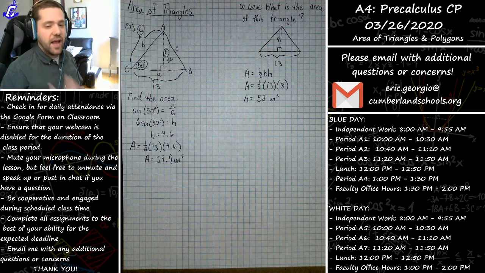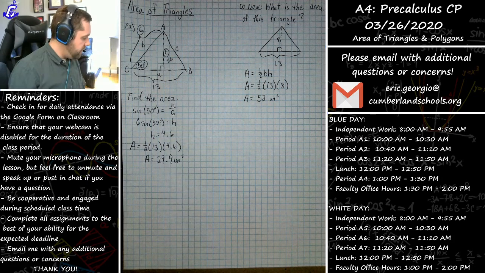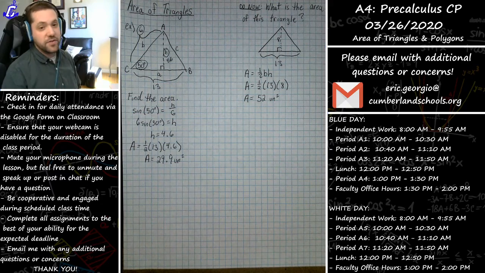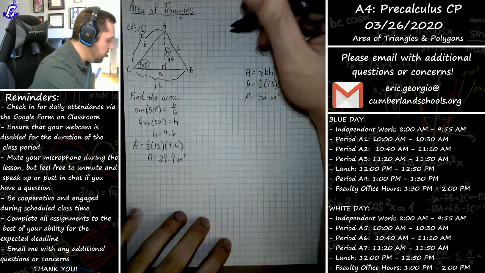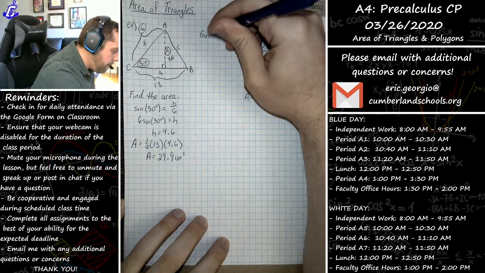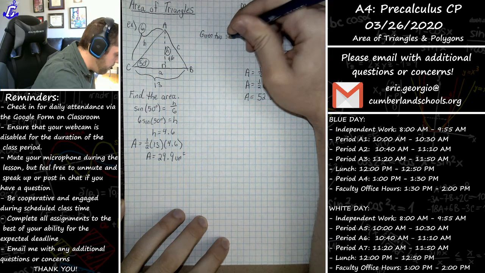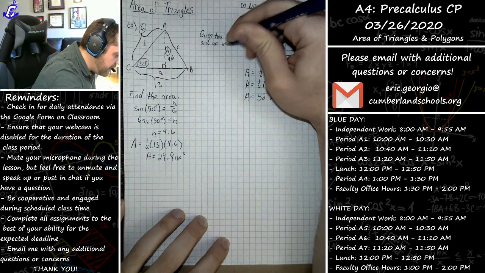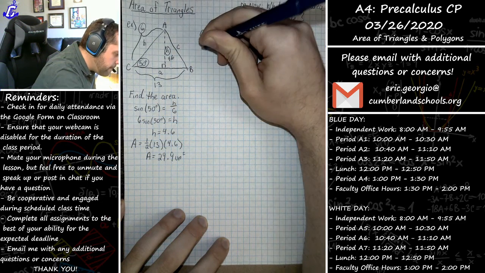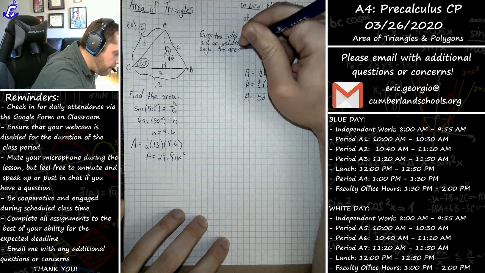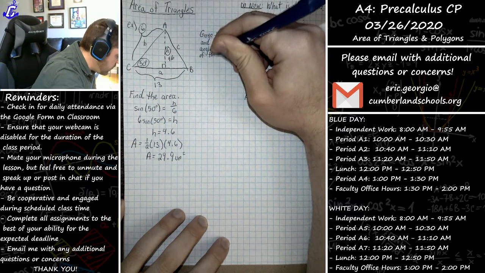And from that, we can now extract a formula that can be used to find the area of any triangle if we're given two sides and the included angle. By the included angle, I mean the one that's in between them. So I just want to write this formula down for you here, very important. Given two sides and an included angle, the area of the triangle